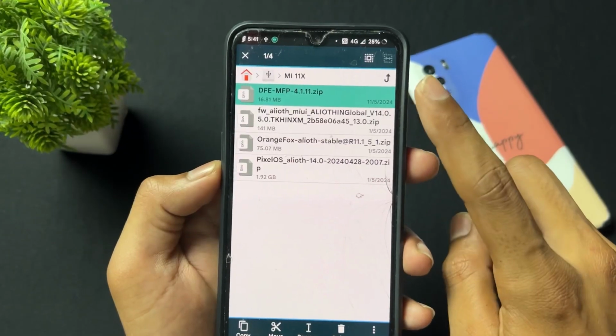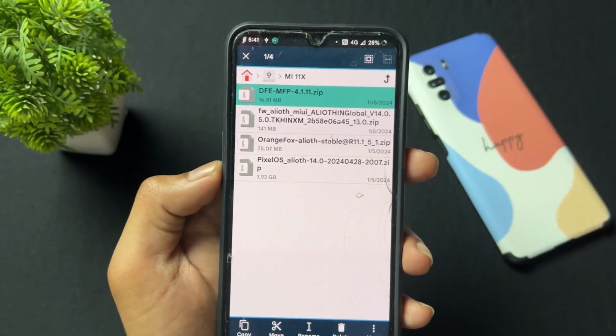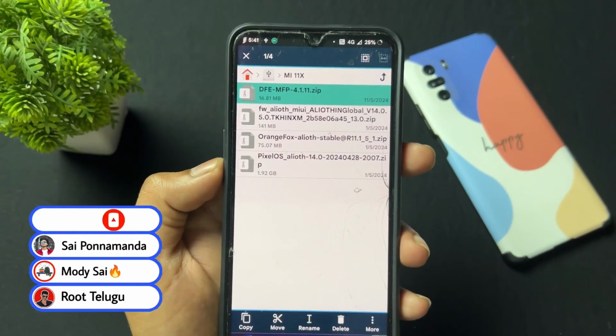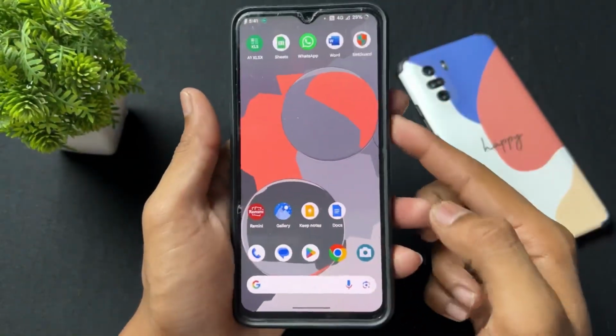And the next file which is DFE. If you're a new user you can skip this file, because you need to have knowledge about decryption. This DFE file is for people who want to change ROMs regularly. Okay, so let's move on to the